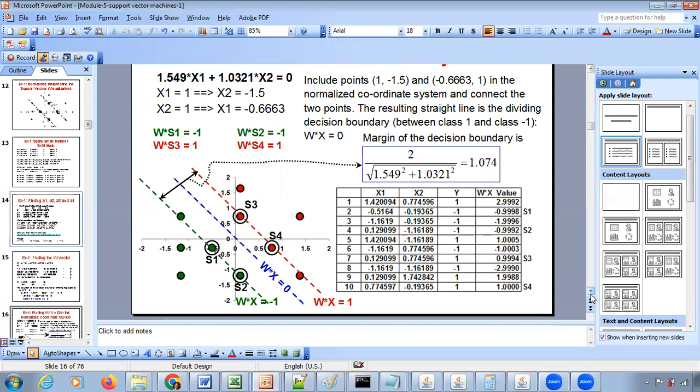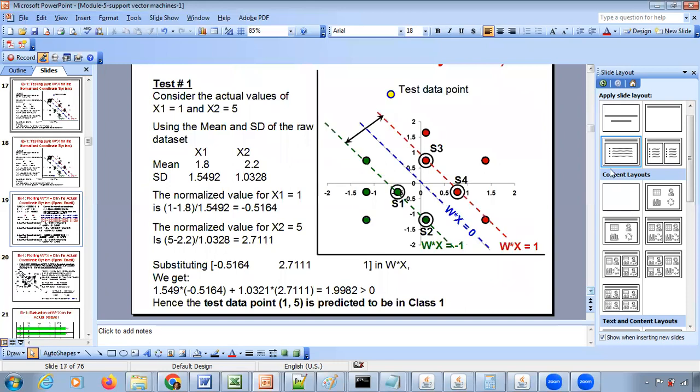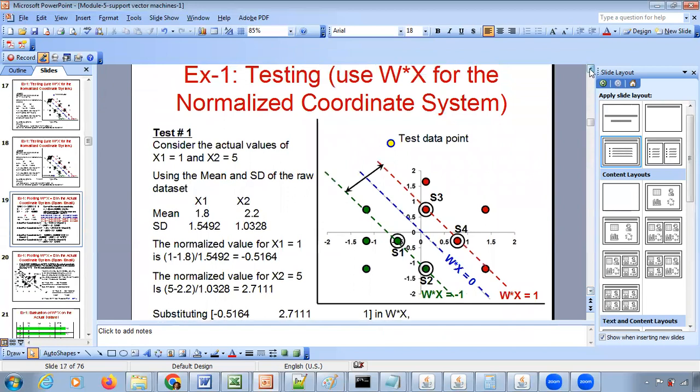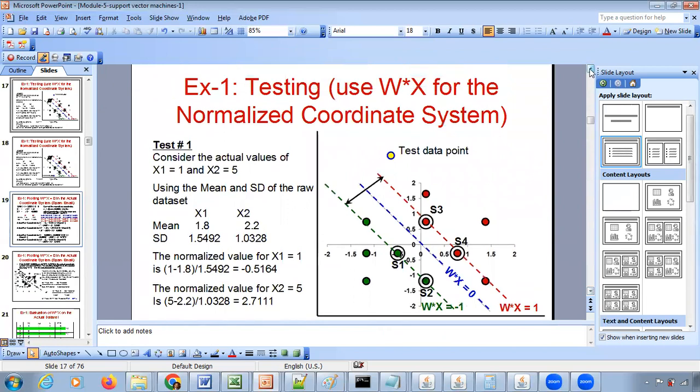Remember, in support vector machine modeling, we just consider the support vectors, which are the data points closer to the other class, as a basis to build the model. So we're not really using the rest of the data points. This was actually a case of testing the data points. And then we went through a couple more test cases,